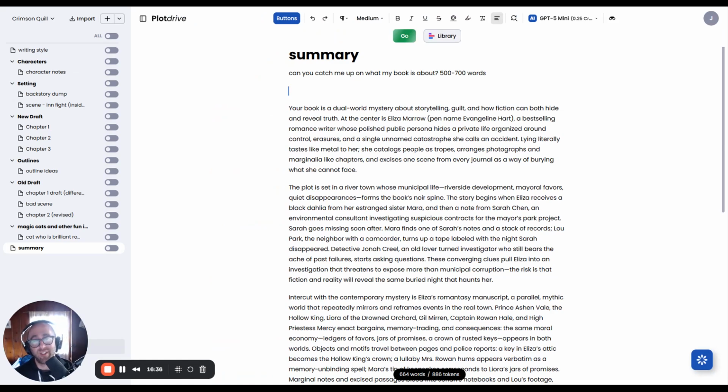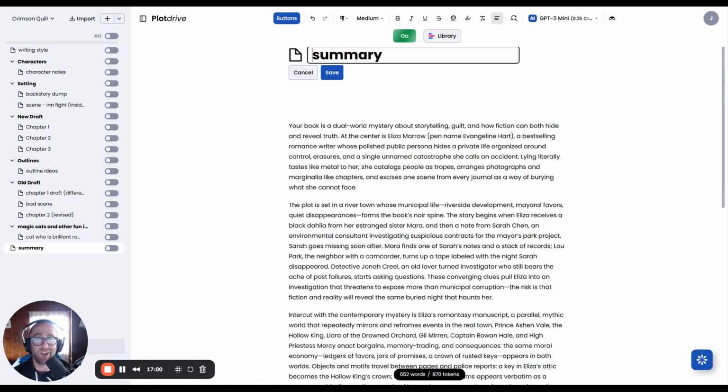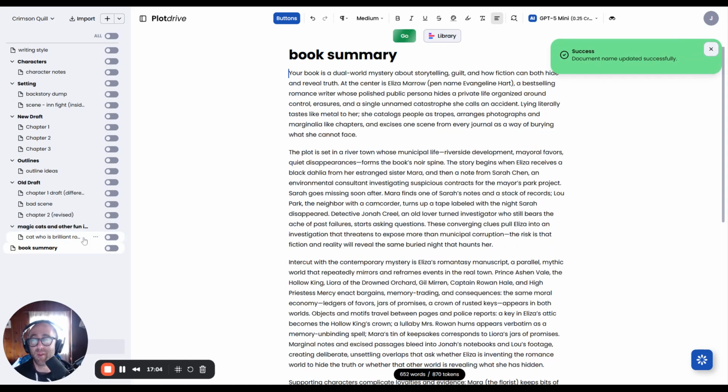The solution for doing a ton of prompting and copy pasting out of ChatGPT or out of Claude into Word or Google Doc or even Scrivener is just do it all in one place and use buttons. So let's say actually what I want, let's get rid of this. Let's actually make this, can't get rid of good content. Let's call this book summary. But let's say I actually want